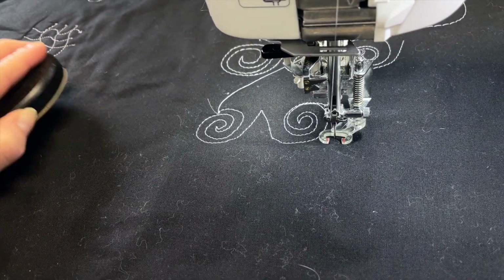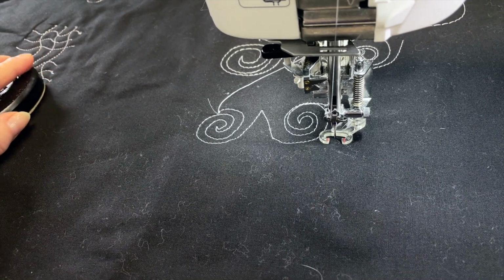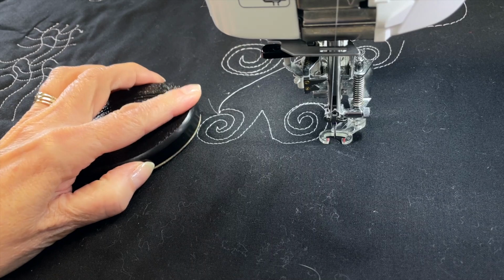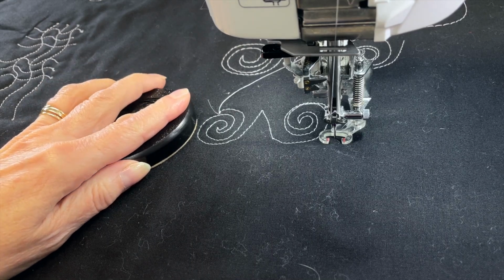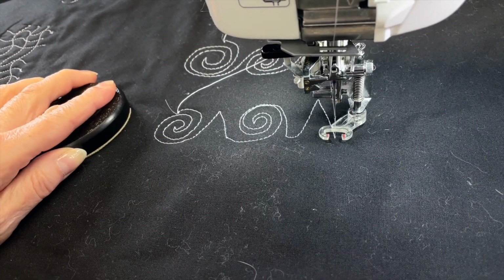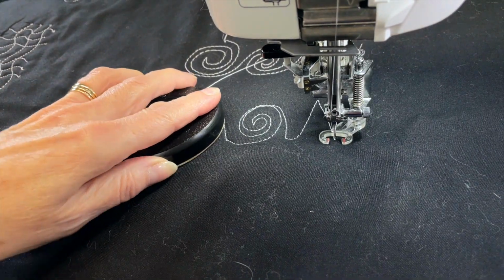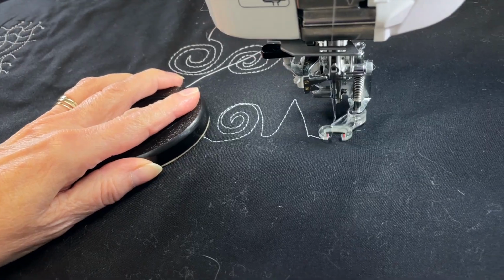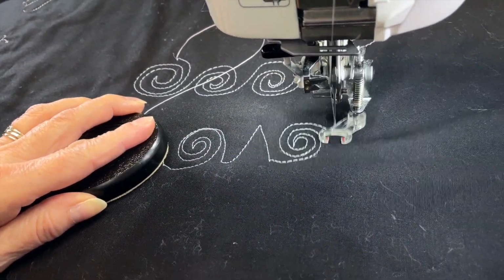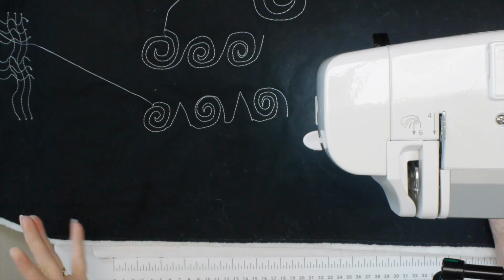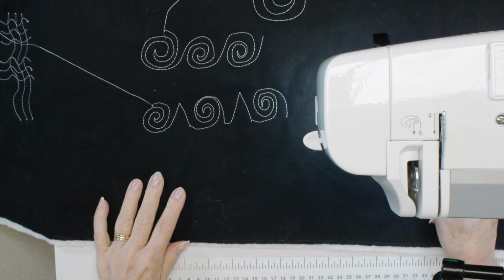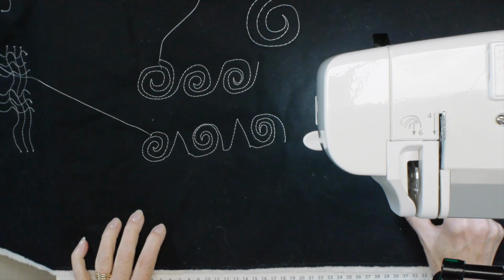Now, you'll notice, I'll have to pull out and show you in a few minutes, but I've switched direction of the swirls, okay? This one came in this way, this one's going the opposite way, just because of how I'm making that design. And then we're going to put another peak in, and then this time we're going to go back in the same direction for the first swirl. So we would just continue on in that manner, adding these kind of little peaks or triangles, whatever you'd like to call them, in between each of the swirls.